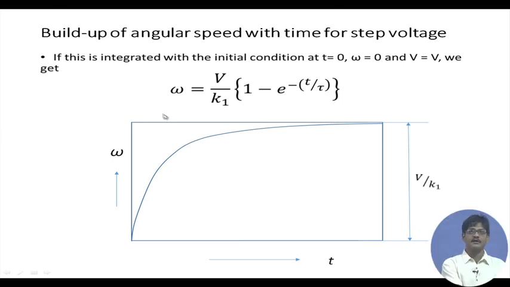If this is integrated with the initial condition that at t equal to 0 the motor is in the stalled condition, that means omega is equal to 0, and suddenly a step voltage is applied at t equal to 0, we will find that the behavior of the motor is described by this particular relation. Omega's ultimate value is V by k1, and with time it has an exponential growth, and it is governed by this particular equation. In this equation, this tau which is appearing here, which is RJ by k1 squared, is called the time constant, and this time constant